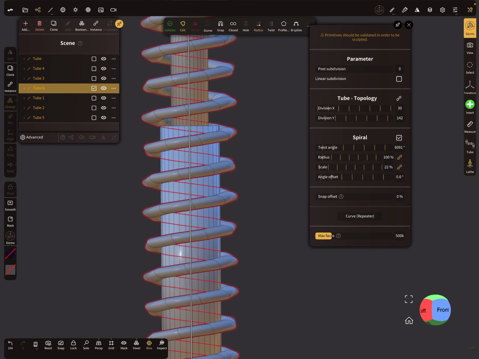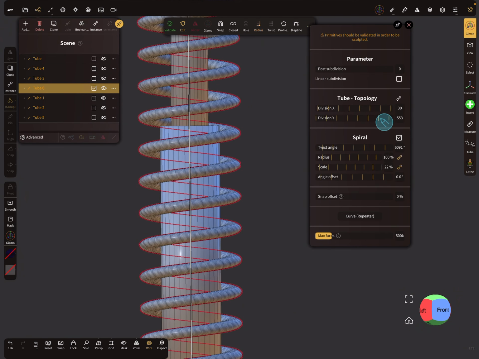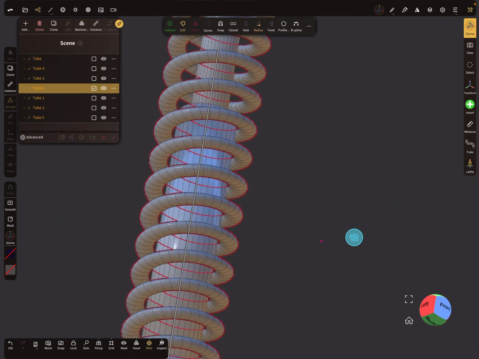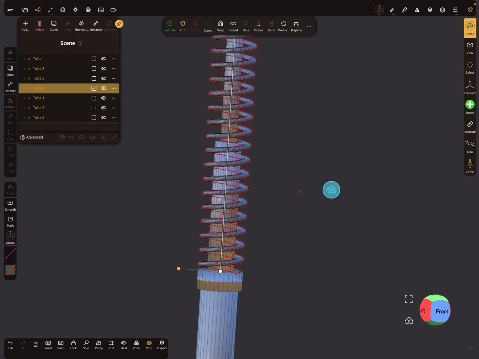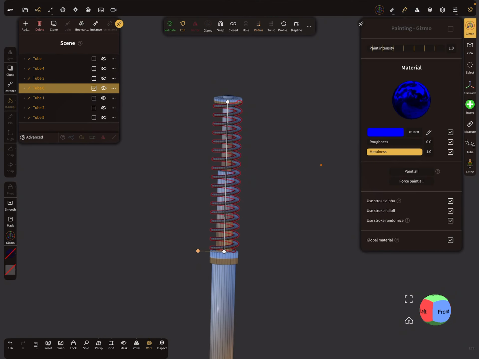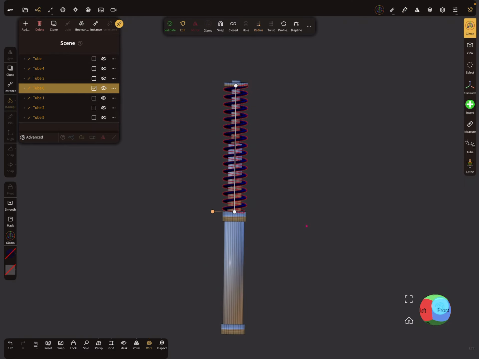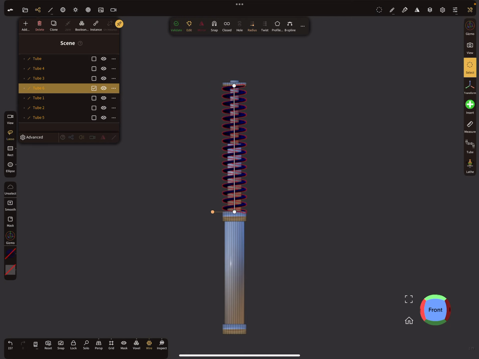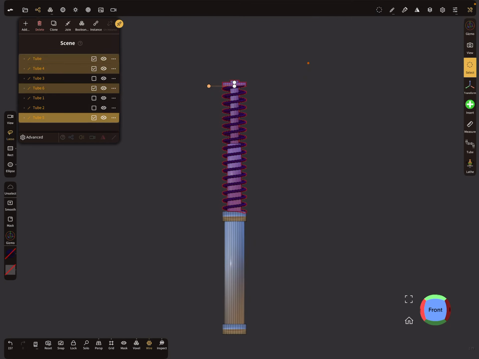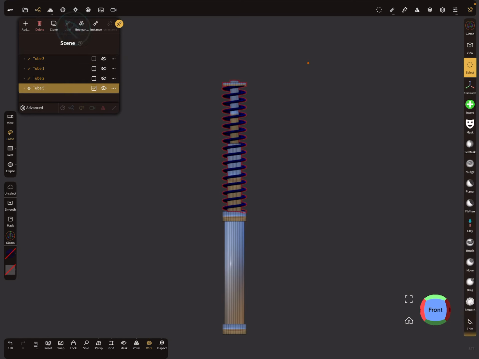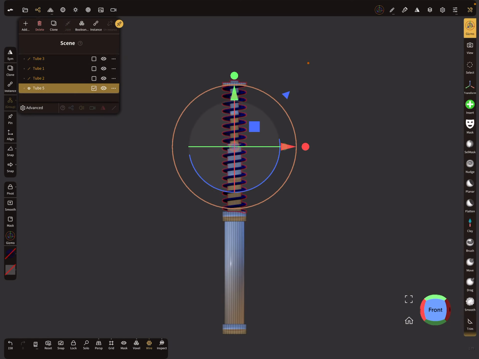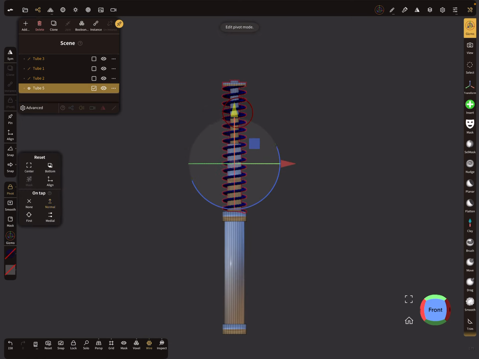So we can create more divisions. Something like this. We can color it. So with a select option here, you can select these parts and join it. And when you activate the gizmo, here's a pivot option. So you can adjust the pivot to this position here